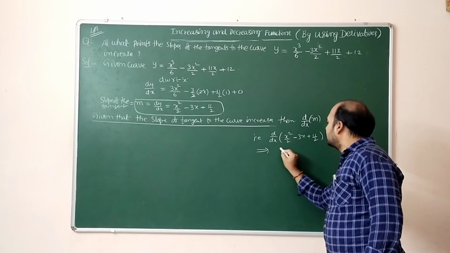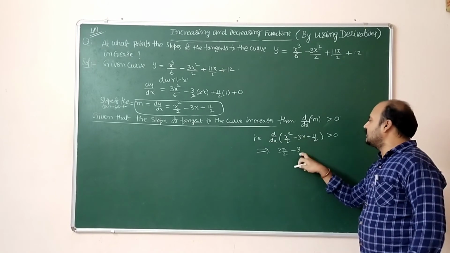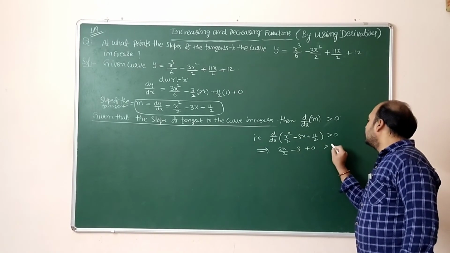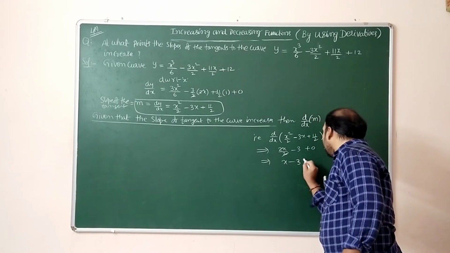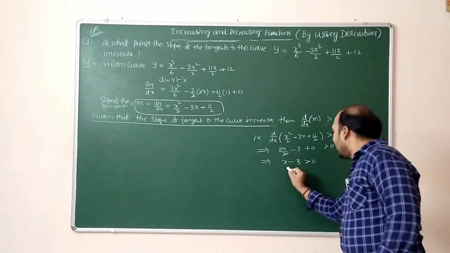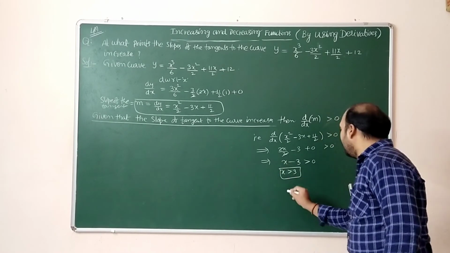d by dx of x squared is 2x, so d by dx of x squared minus 3x gives 2x minus 3. d by dx of 3x is 3. The derivative of a constant is 0. For f dash of x to be greater than 0, it implies that 2x minus 6 is greater than 0, that is x minus 3 is greater than 0, which means x is greater than 3. In this interval,